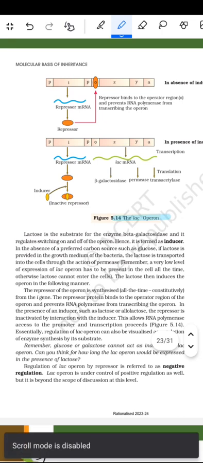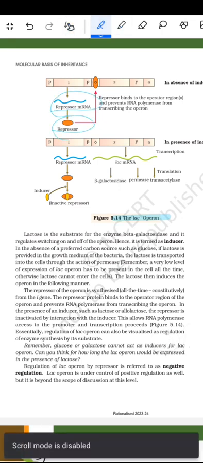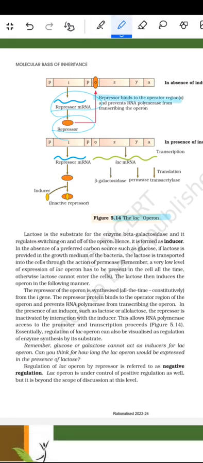ये lac operon दिए हुए, ये repressor mRNA है। ये repressor हो गया, repressor binds to the operator region and prevents the RNA polymerase from transcribing the operon. ये repression mRNA हो गया, ये inducer effect किया: beta-galactosidase, permease और transacetylase,